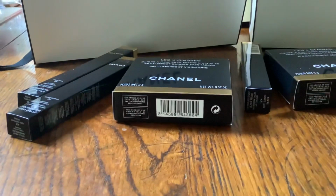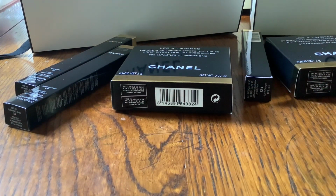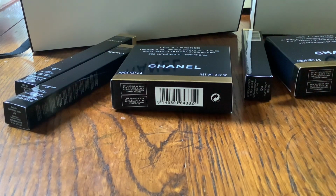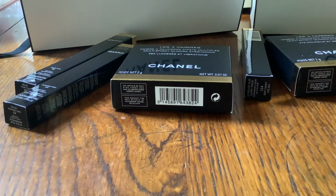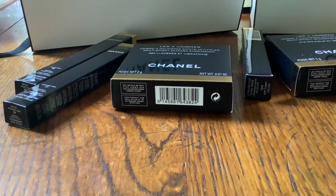Two orders to maximize the free samples because they don't do it by value. They seem to do it by order, so I divided it into two. They're the two new eye palettes and a couple of the new waterproof eyeliners and a lip product that I